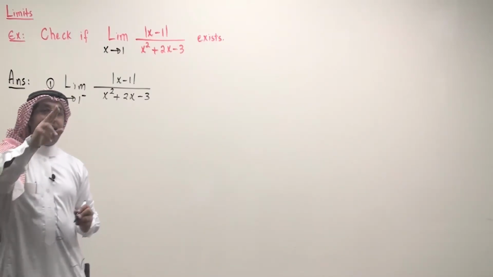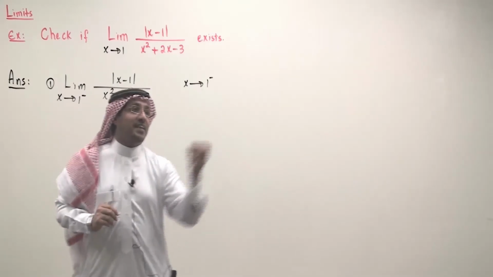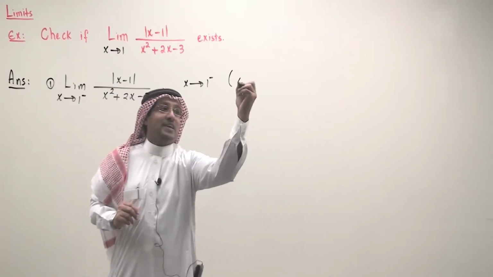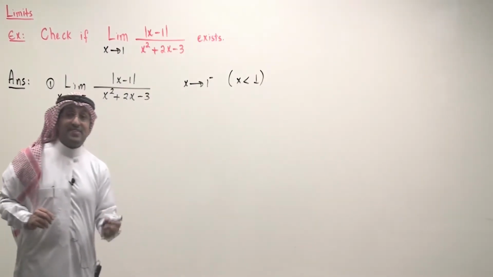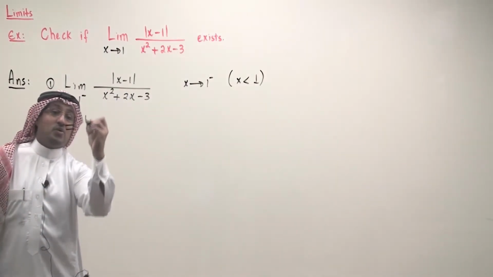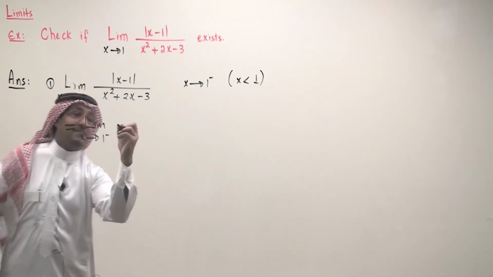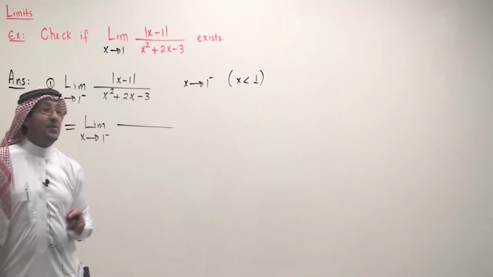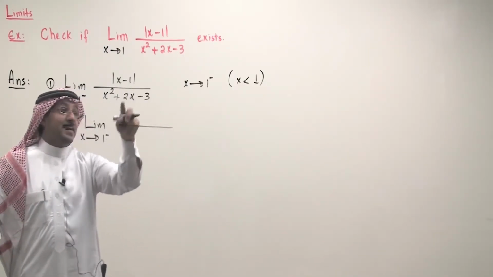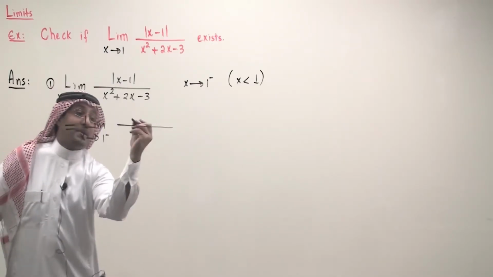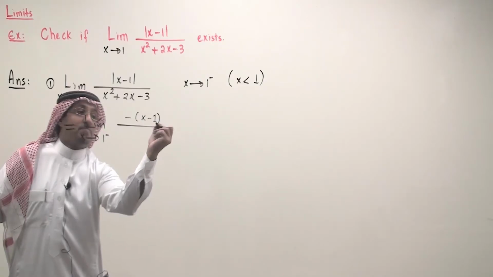As we said, if x goes to 1 from the left side, it means the values of x are strictly less than 1. And in this case, we are going to have the limit as x goes to 1 from the left. This absolute value